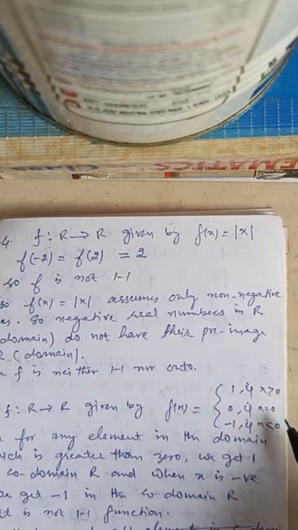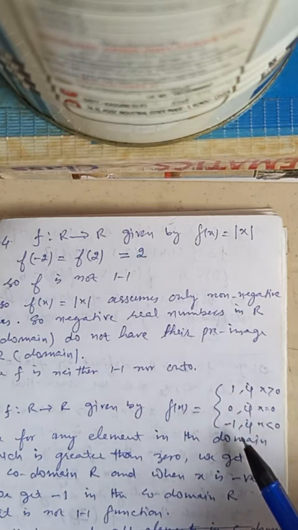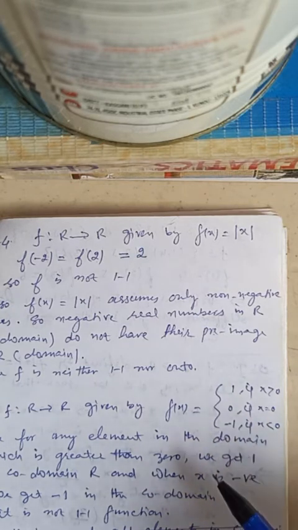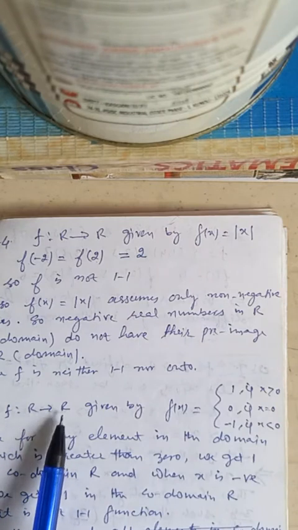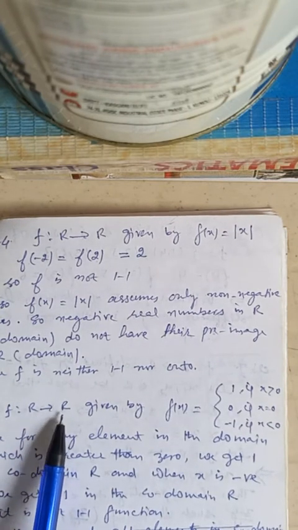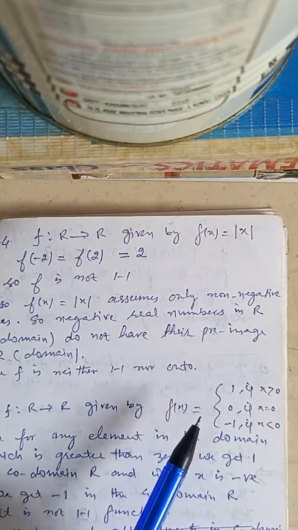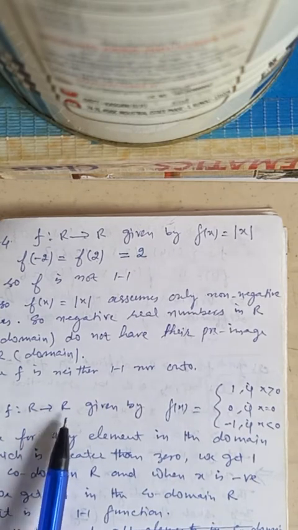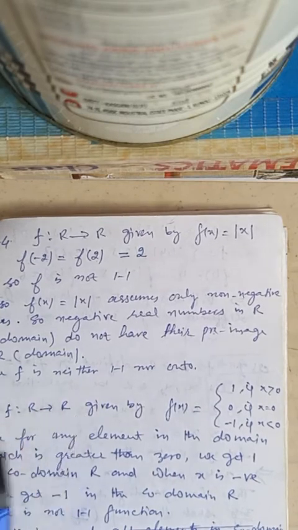Again it is a many-one function, because from 0 to infinity the result is 1, and when x is from minus infinity to 0 the result is -1. So it takes only these three values. That is why the function is many-one, it is not 1-1. Moreover, for onto, the codomain of the function is the set of real numbers, and the range takes only three elements, that is 1, 0 and -1. So there are infinite values in the codomain which do not have their pre-images. That is why the function is not onto.